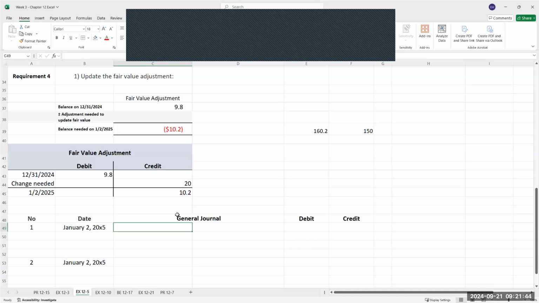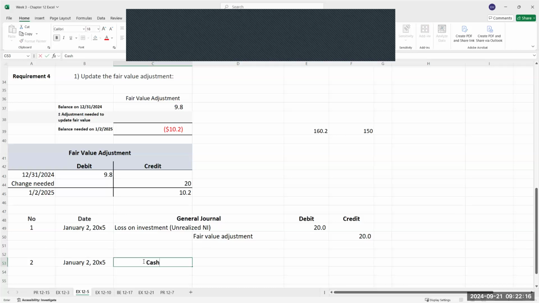So for our journal entry, we'll report it as follows. It will be loss on investment, unrealized, and again, it's unrealized. This is before we sold it. And then we would make the update to our fair value adjustment account for 20.0. And then now when we actually have the sale, we debit cash because the problem lets us know that